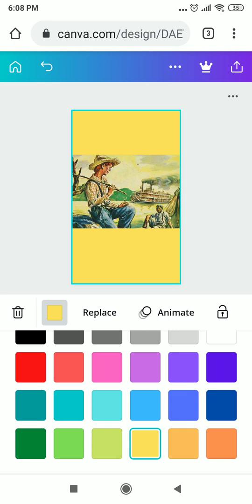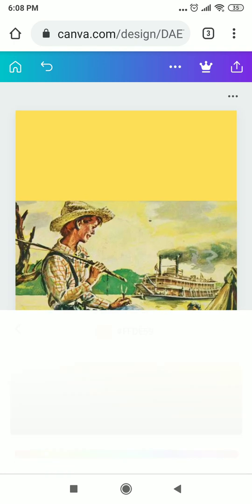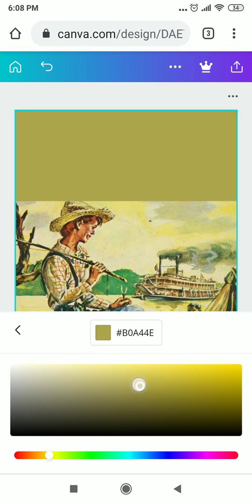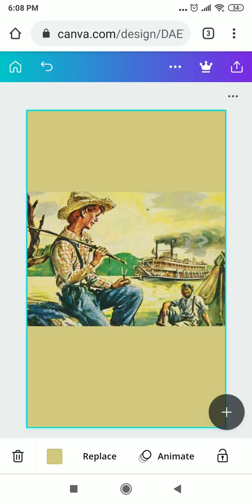Now this is too dark, so I'm not using this one, so I'll go to this color, and over here on this we can adjust like this. Now this is looking fine, or I can make it move more towards yellow and choose a color like this. So you can also drag and choose the color according to your wish. So this one is fine for me, and now click on the drawing or click on this back arrow, you will be taken to the main page.